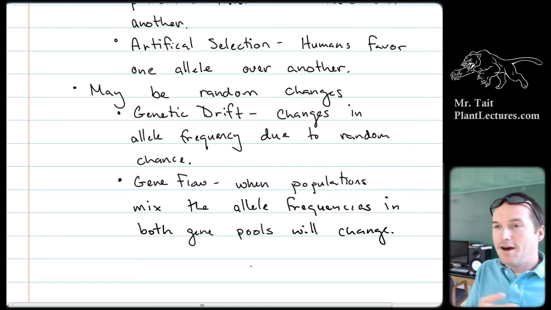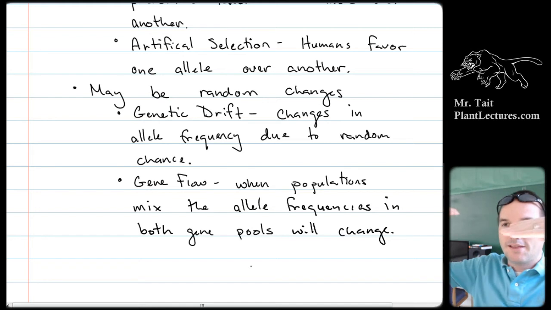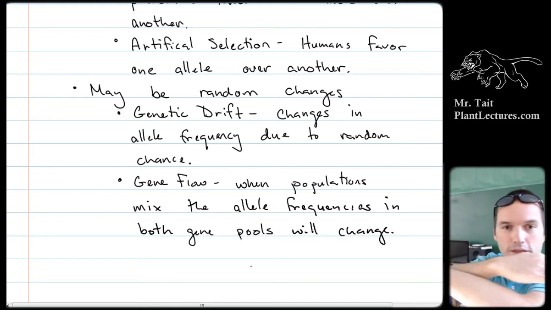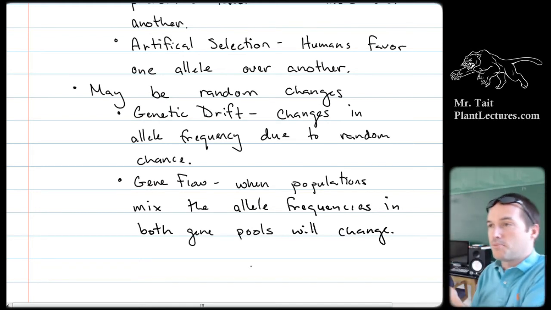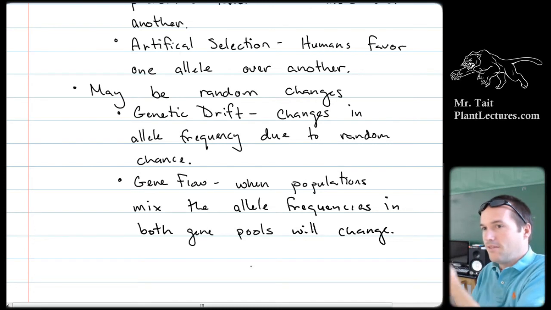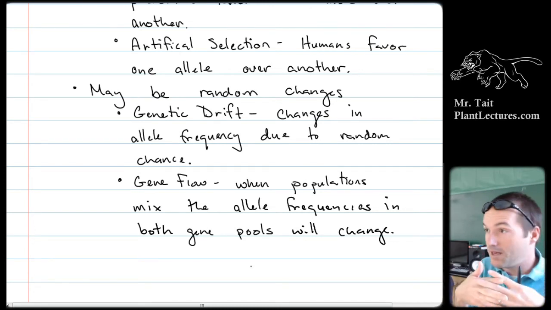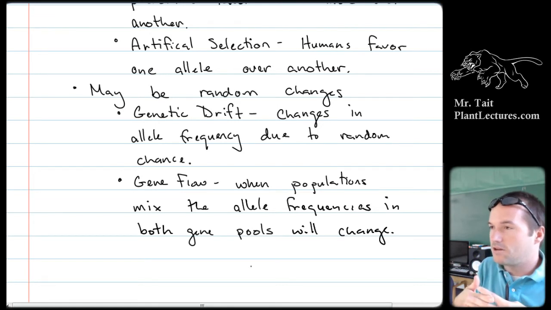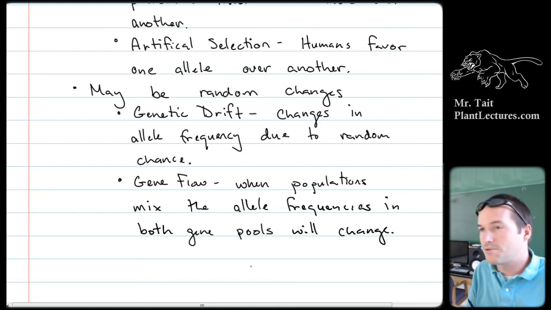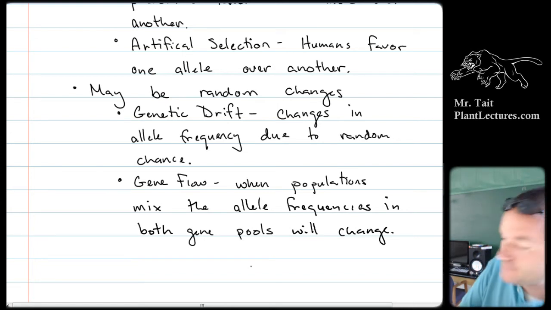And then there's a big rain or something like that, and the pools overflow, and they literally flow into one another, right? That means that the freshwater pool is going to be slightly salty now, and the saltwater pool is going to be slightly more freshwater because the populations have mixed, and that is not the result of any type of selection. It's just that the populations mixed, so the allele frequencies changed, but it doesn't mean that there's any directional change. It didn't happen for a reason. They just mixed, right? Okay.